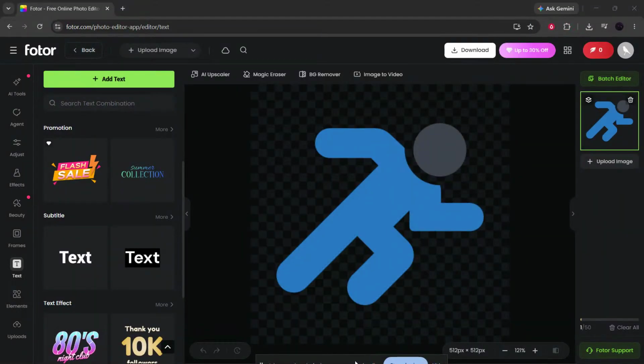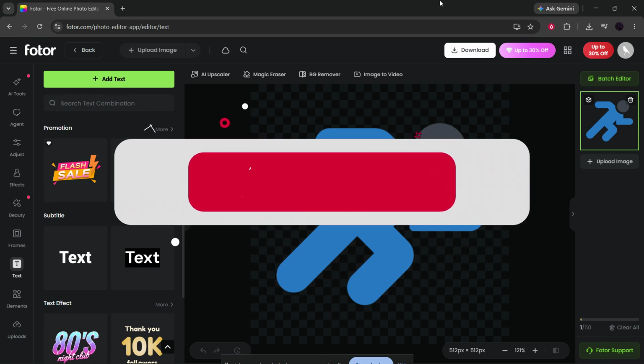If you're seeing a Fotor network error, don't worry, because in this video, I'm going to walk you through the fastest ways to fix it step by step. This issue usually happens because of a local internet problem, a blocked connection from a VPN or ad blocker, a DNS issue, or sometimes because Fotor's own servers are having trouble. So the goal here is to quickly figure out where the problem is coming from, and then get Fotor loading